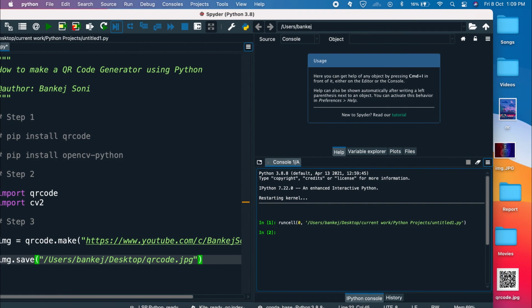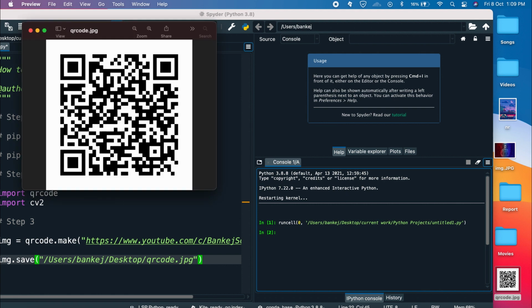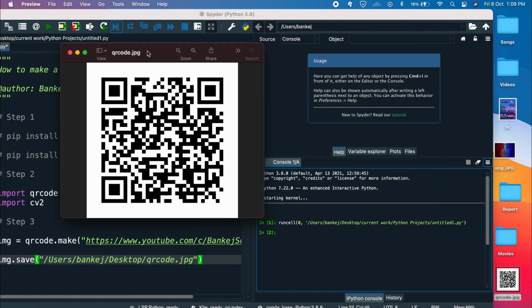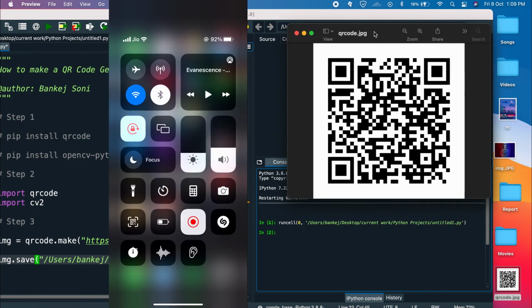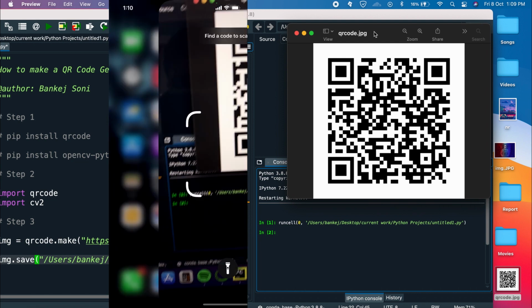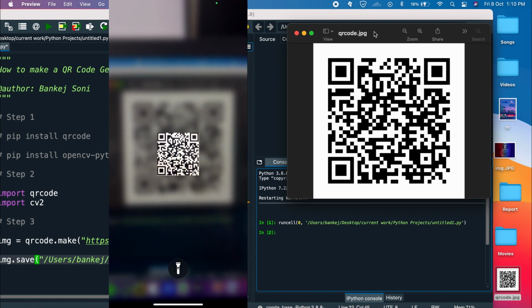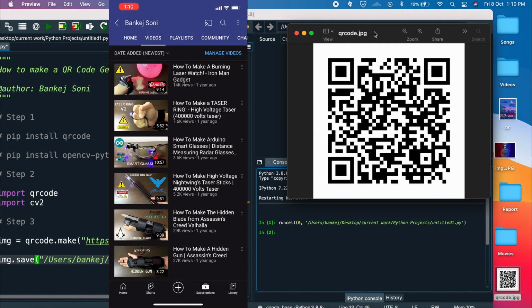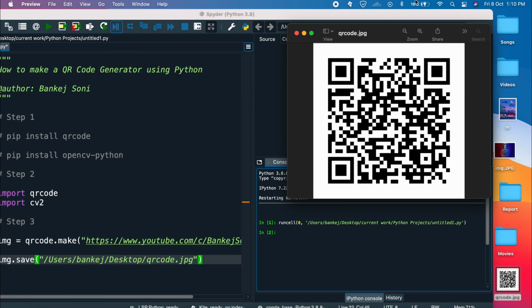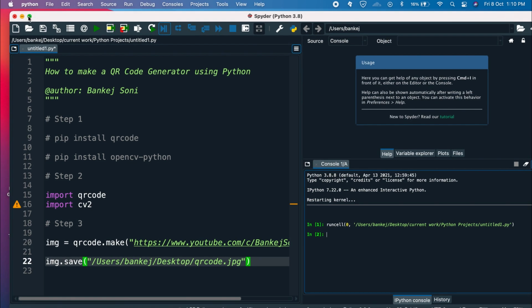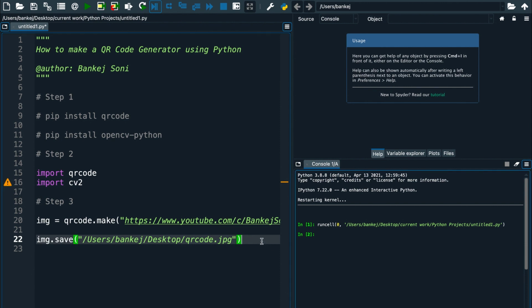So this is the QR code which we just generated. Let me just scan this. We can see that the QR code is working perfectly. Now I'm going to try to decode this QR code